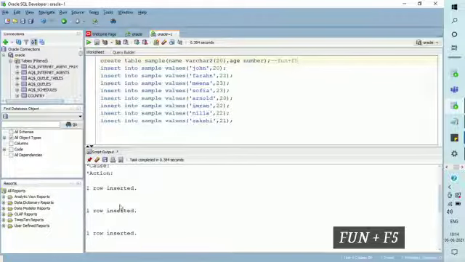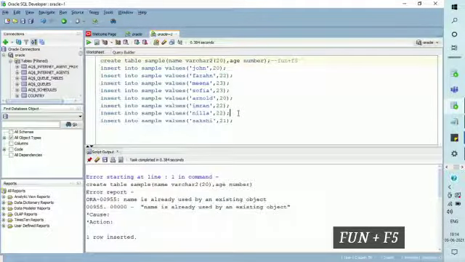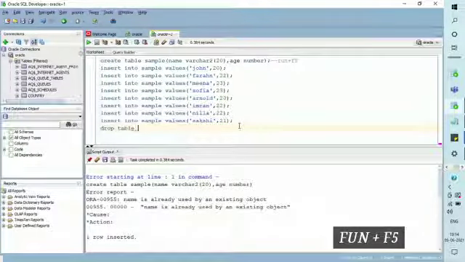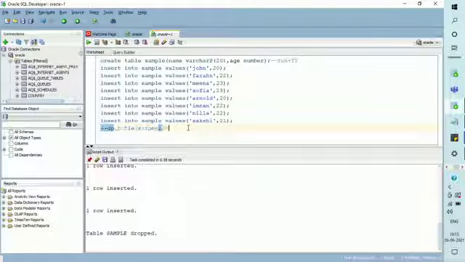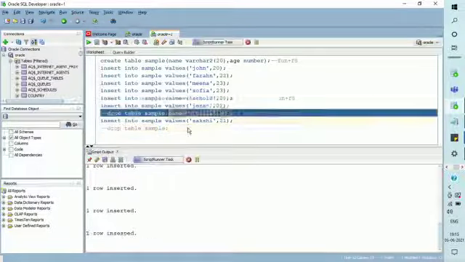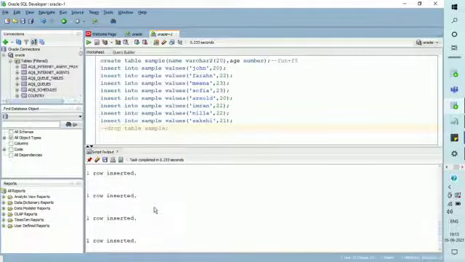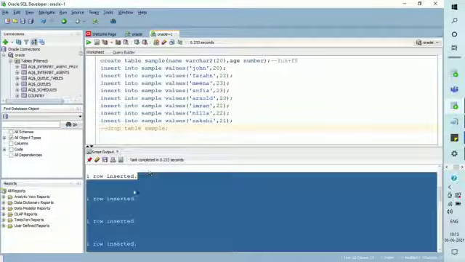Yeah, it is showing some error. Okay, the name already exists, so I think I have already executed the create command. Let me drop the table using the drop command. If you're new to my channel and confused with this drop command, please go through my previous videos on DDL and DML commands. After dropping it, let me comment the drop statement using Ctrl plus /. Now let me execute it using function plus F5.